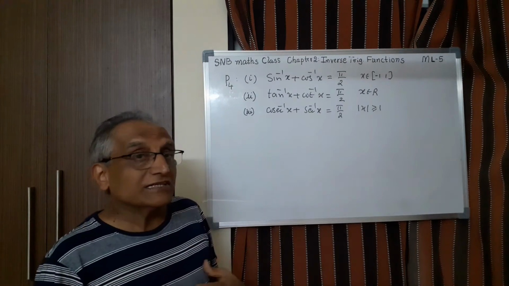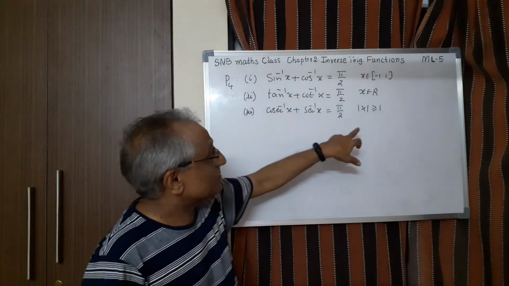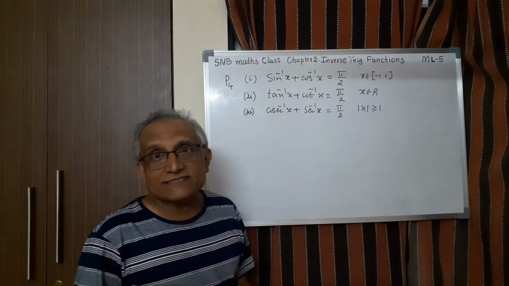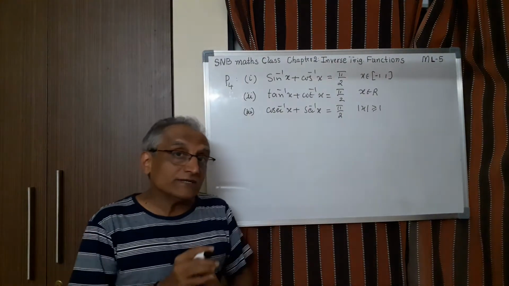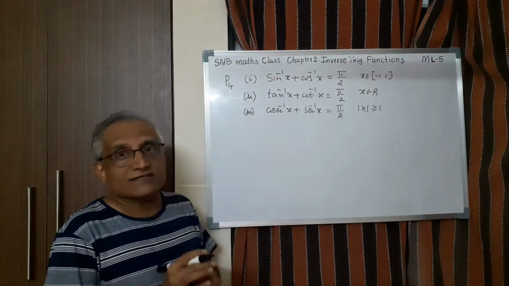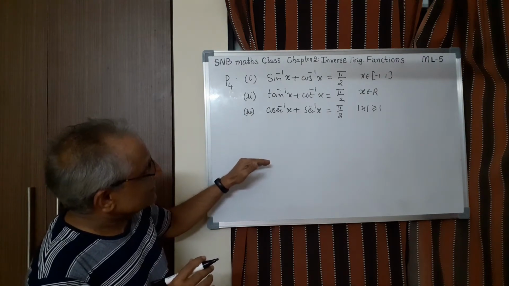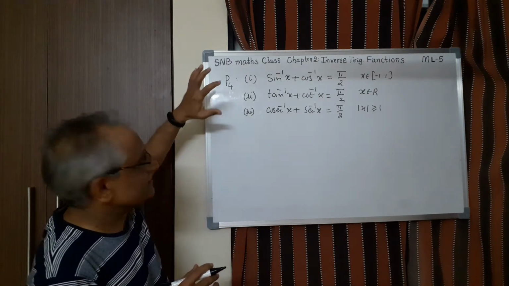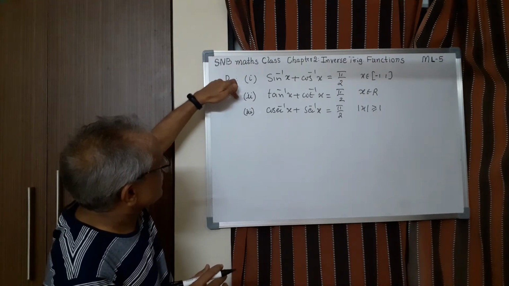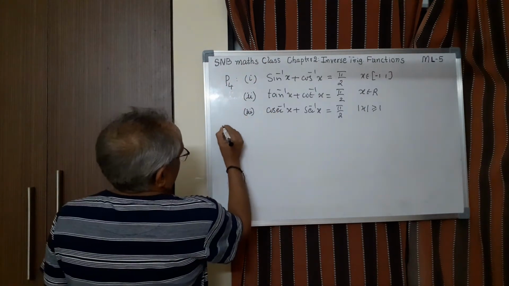See, that's why I wanted to compare. In the previous one, it was sine of 90 minus x is cos x. So here also 90 comes. You see, I am writing pi by 2, pi by 2, pi by 2. That is 90 degree. But in inverse trigonometric function, normally we don't use degree measure. We always use radian measure. Let us prove one of them. Remaining two exactly same way we can do. In the last class, I have proved taking only the first one. Let me take the second one and prove. Remaining two you can prove similarly. So let us take the second one for proof.